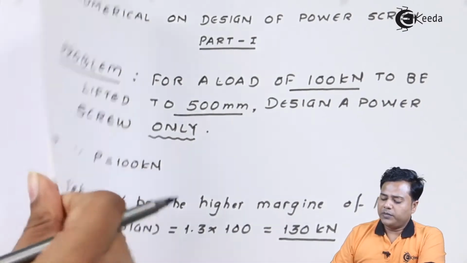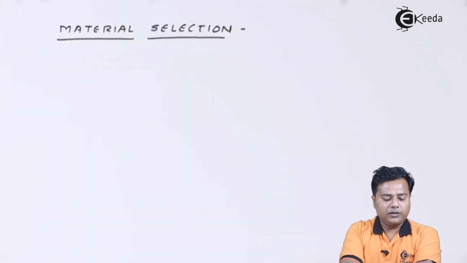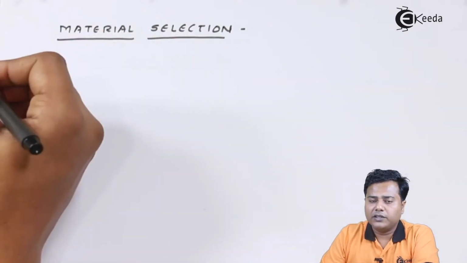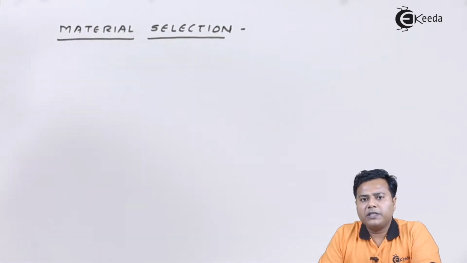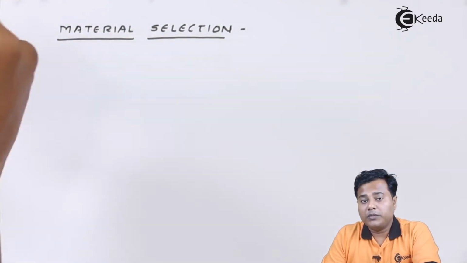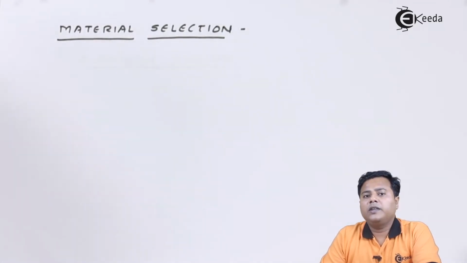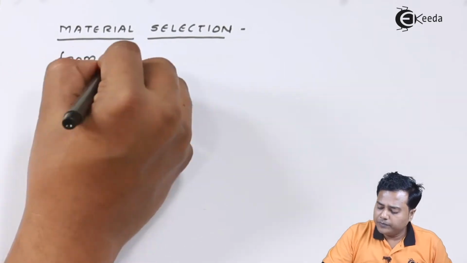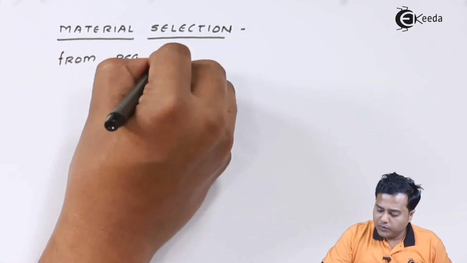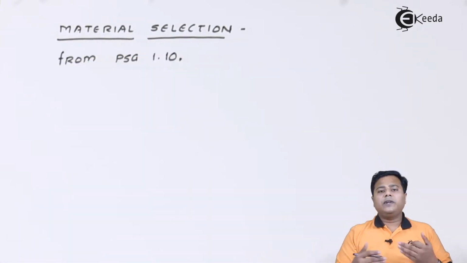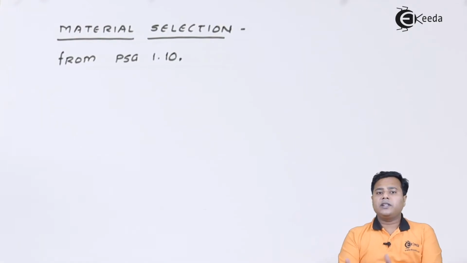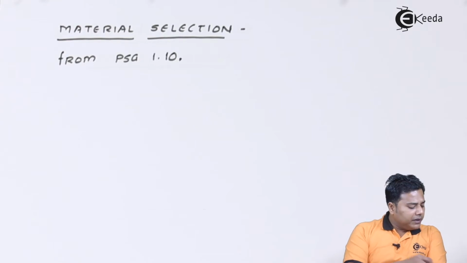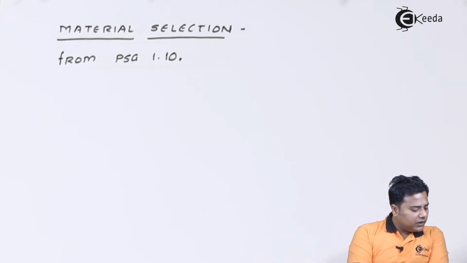The second step is important, and there we'll go for the material selection. Now again, if the material is specified by the problem statement itself, it's fine. Otherwise, we'll have to select. So again, from PSG 1.10, you can go for different applications which are required for this particular material selection. So there are many materials which can be used for this particular kind of